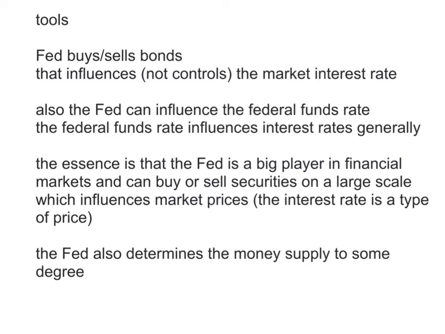But the Fed also can try to target one specific interest rate, and that's the federal funds rate. That's the market-determined rate at which banks will lend to each other. And the reason the Fed can target that interest rate very specifically is because the Fed controls something called the discount rate, and it controls the rate of interest that it will pay on bank reserves. Now we'll get to that a bit later.